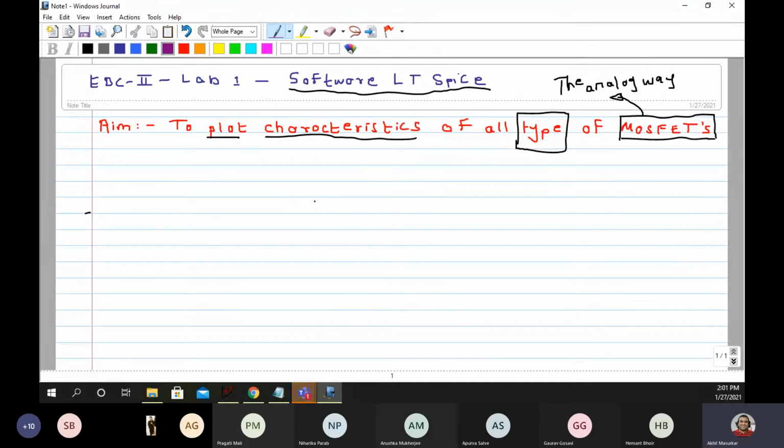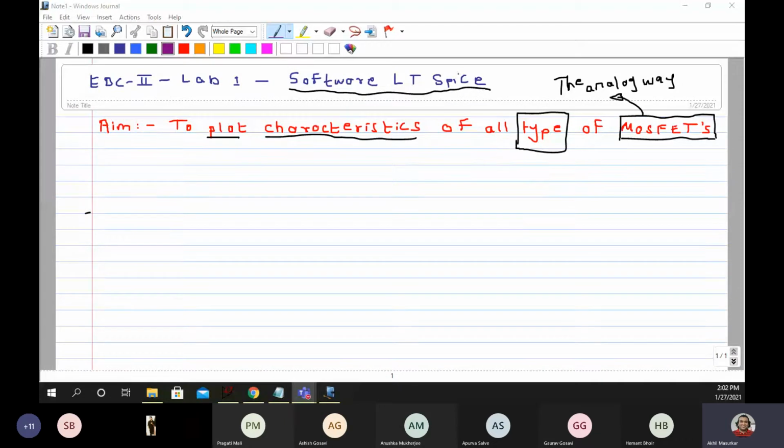Okay, Hemant and Parth have said depletion and enhancement type. That is correct. Depletion MOSFET, enhancement MOSFET. Okay, Amit, that is right. But I would just summarize what each one of you wants to say. You are all posting different names of the MOSFETs, agreed. But if I ask which are the different types of MOSFETs, you could all say depletion type or enhancement type.